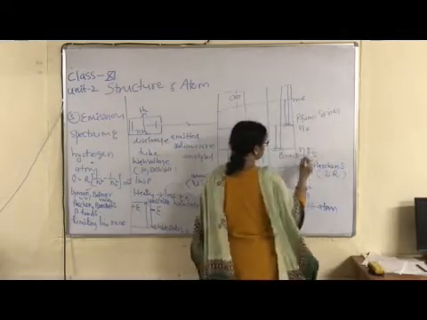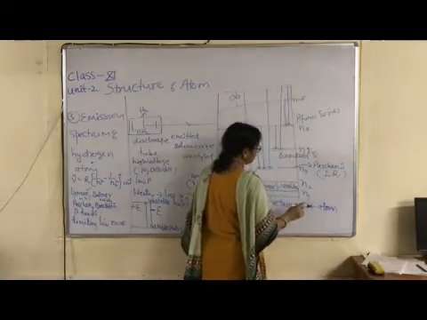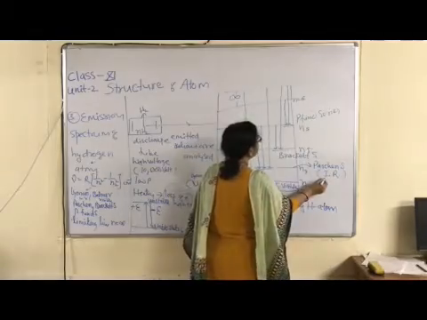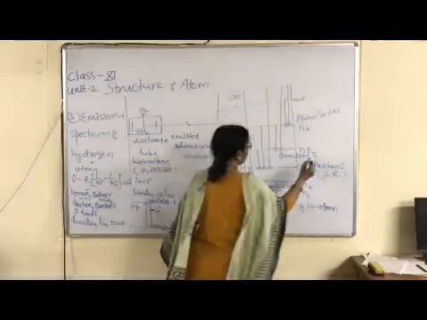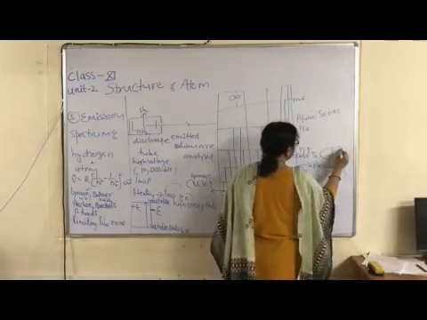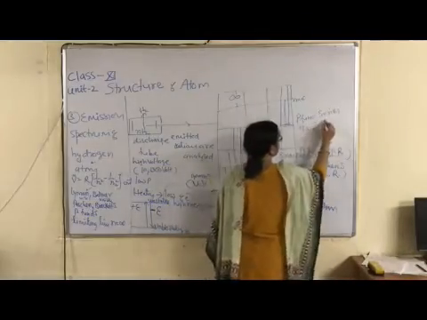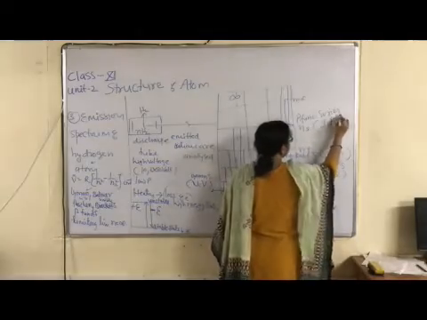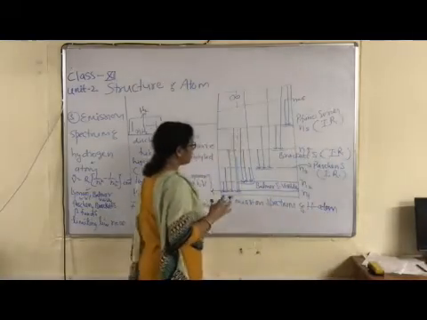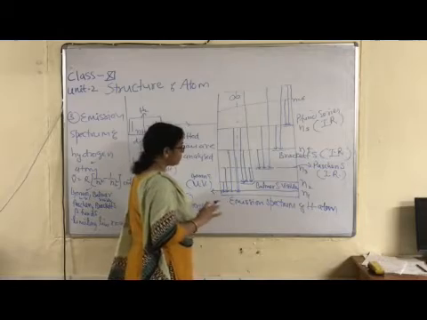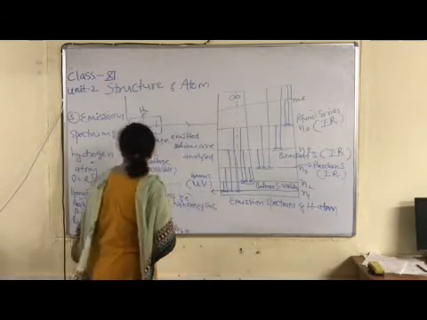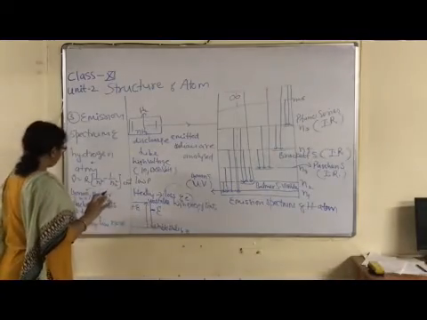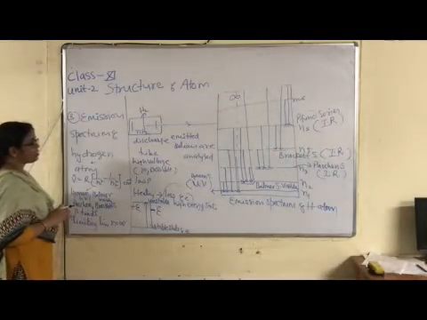Okay. What is the part of the electromagnetic spectrum? This one is IR. Brackett is also IR, infrared, and the Pfund series is infrared. Three series are obtained in the IR, and two series in different parts of the electromagnetic spectrum, right? So this is a brief description of the emission spectrum of hydrogen atom.